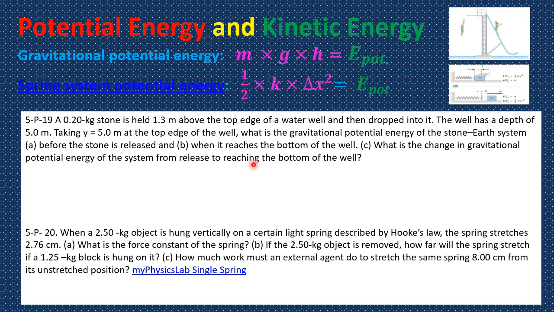The first one is purely a conceptual problem. What is the gravitational potential energy of an item of mass 5 kilograms located at 5 meters from the ground? If the ground is here and I lift it up that high, it possesses potential energy. That is simply mass times g times h. So 5 times 9.8 times 5, and in the class we get 245 joules. So that is the potential energy.